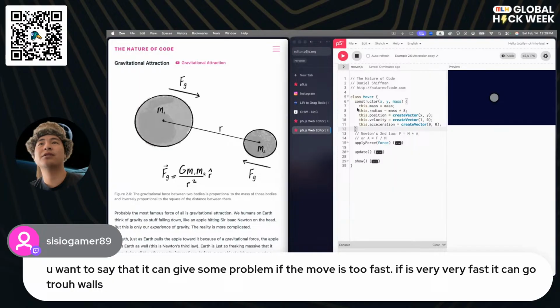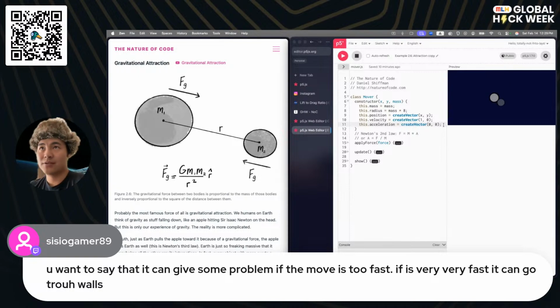We've got a few functions going on. This is a class of mover, so if we wanted to create multiple movers, we could just say create new mover with these values. The constructor is something that allows you to create said mover with said values. Each one of these movers comes with a few properties, or variables, that describe what this object is at a certain point in time. We can say that this object's mass is the size of the thing that it puts in here. The radius is going to be 8 times that. And then we've got a position vector, a velocity vector, and an acceleration vector.